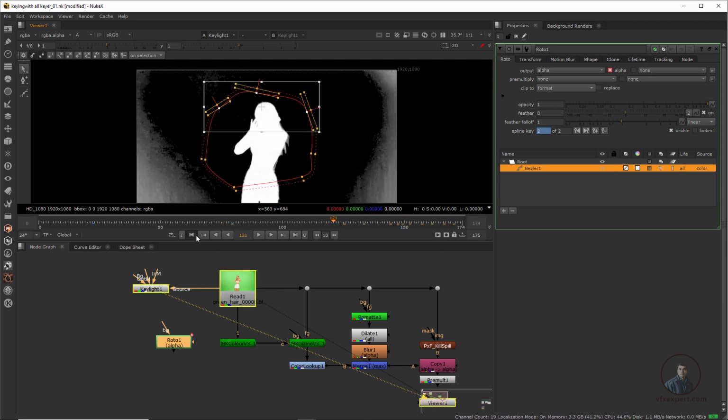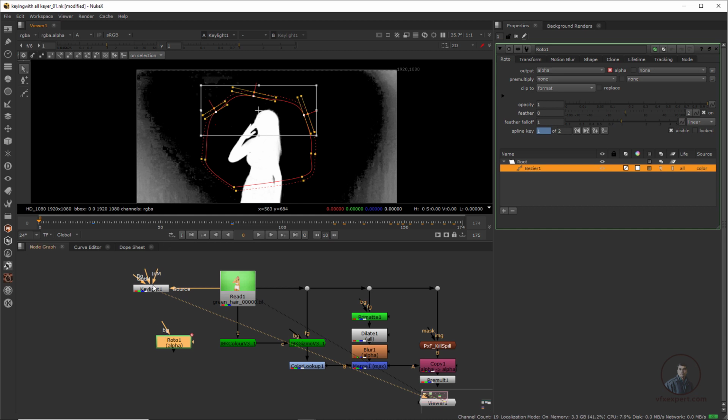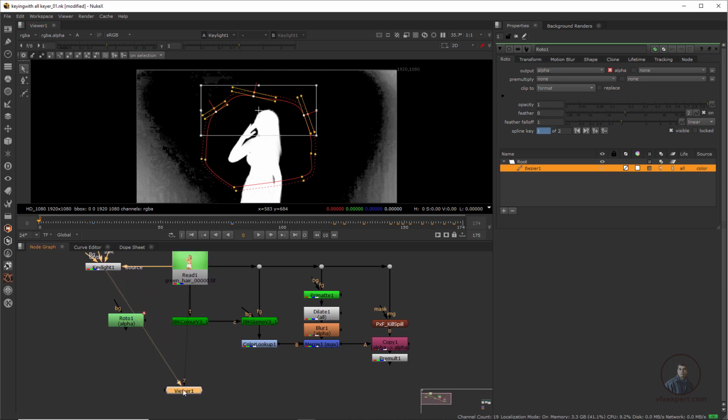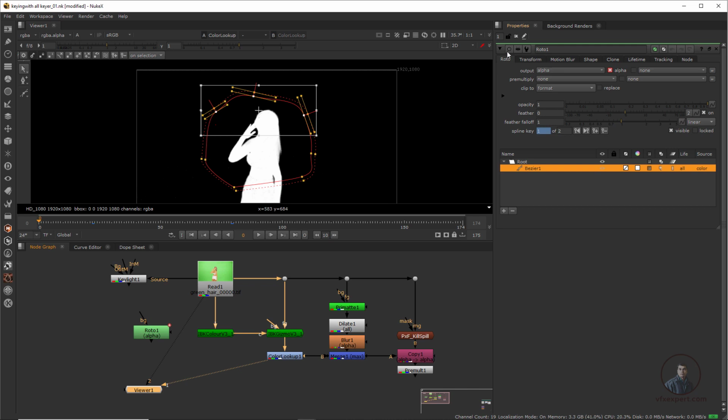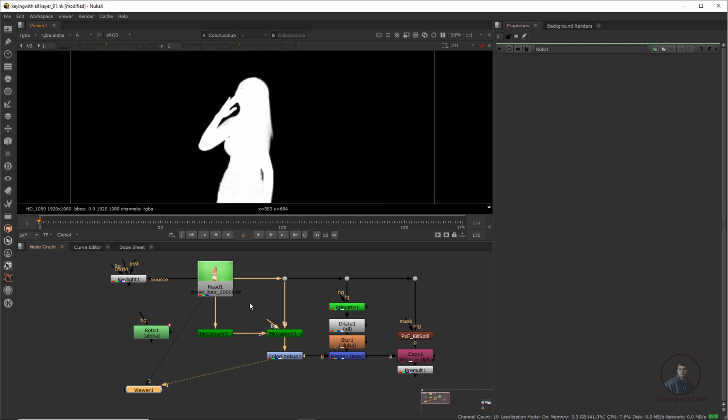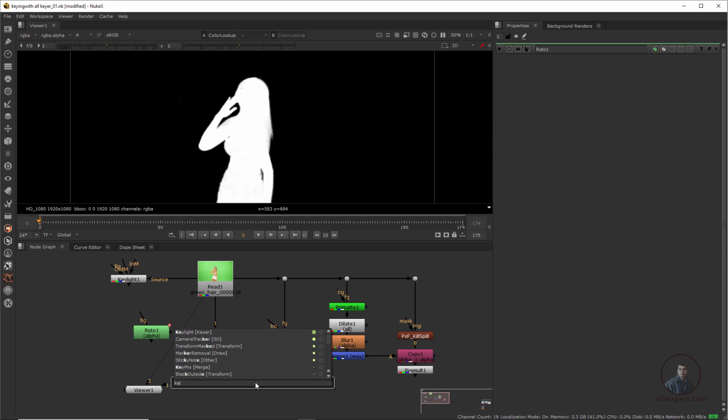Then after this, actually how we can use this Key node and this Roto with our final matte here. So finally, what I am going to do here is add this one here. Select this one, press 1 here. Now clear all these roto here, press Tab and type KeyMix here. So with the help of the KeyMix node we can also add some hair details here.